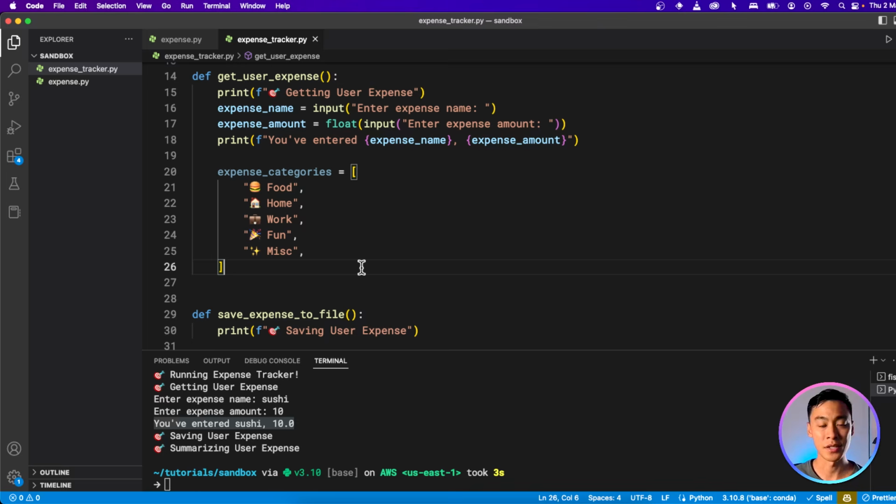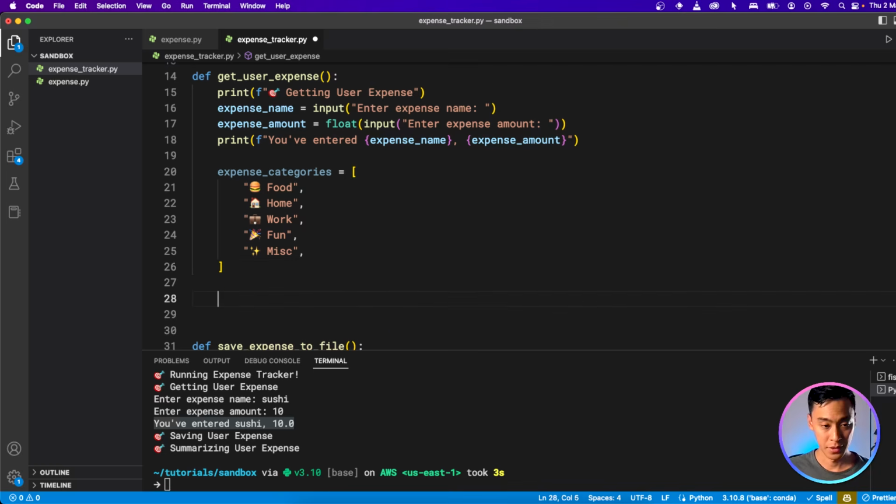And the way we can do this is to use a while loop. That way we can keep repeating the prompt for the user until we get a valid input, which is one of these categories. And if they enter something that's not correct, we'll just tell them to do it again. So let's go with that. And I'm going to use a while true here. You always have to be careful using a while true loop, because if you don't break out of the loop, this will continue to loop forever.